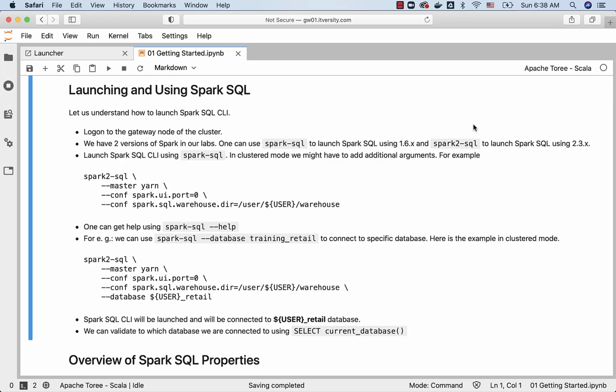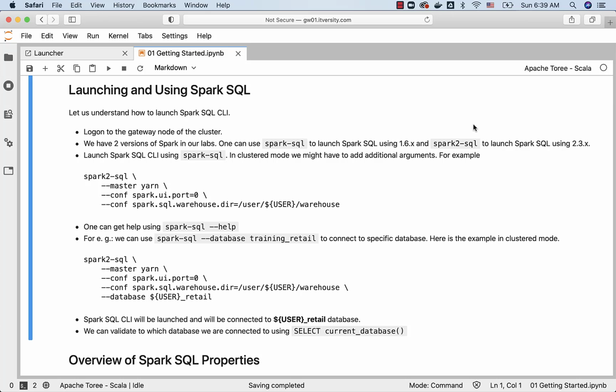As part of this topic, I will actually walk you through how to launch and use Spark SQL CLI. CLI stands for Command Line Interface, and you should be able to run any valid Spark SQL query or command in it. If you are using a multi-node cluster, you need to understand the concept of a gateway node. Once you get to the concept of a gateway node, you have to connect to the gateway node of the cluster, and from there you should be able to launch Spark SQL CLI and use it to run any valid Spark